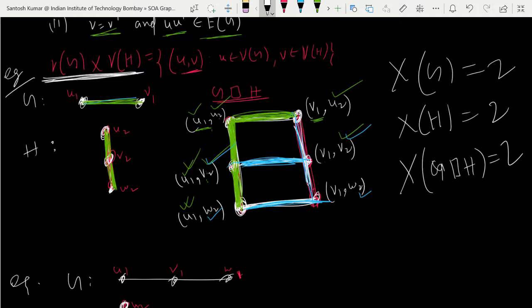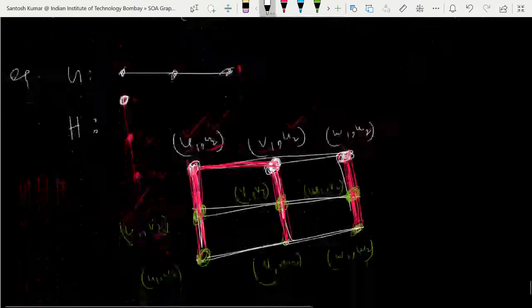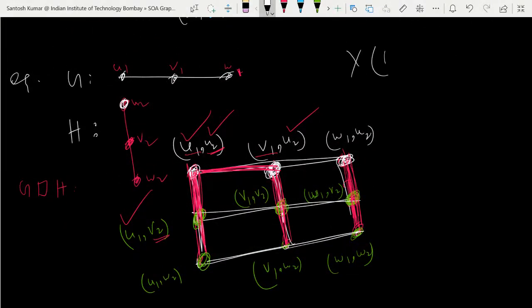Yes. So everyone, okay, 1, 2 you can take here, 1, 2, 1 you can take here. Here you can take 1, 2, then here you can take 1, 2, 1, 2. Fine. So no two adjacent vertices have the same color, or two adjacent vertices must have different colors. So you can see here, it is fine. Okay, come here. So again here, the chromatic number of G, the same. Okay, the chromatic number of G H.